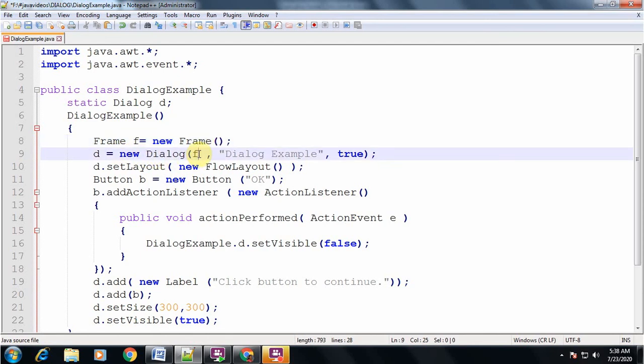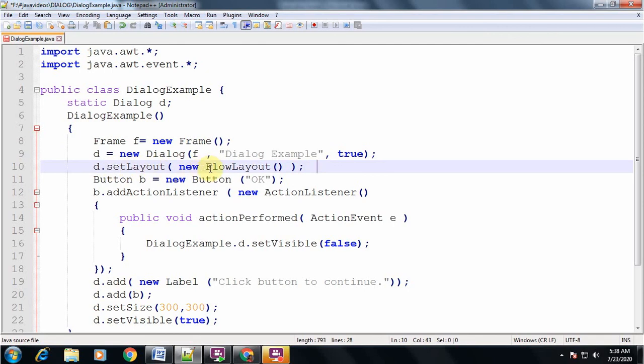The first argument is the parent of this dialog box, which means this dialog box will be opened in this particular frame, and the title that will be displayed is Dialog Example. And the third argument is the modality, if you want a modal or modeless dialog box. By default a modeless dialog box will be created, but here a modal dialog box will be created.